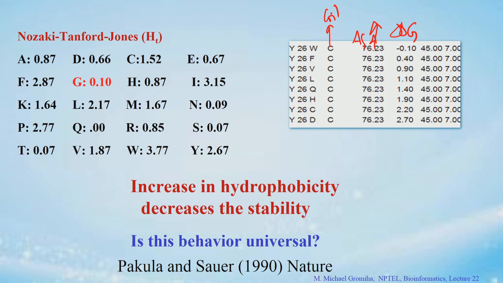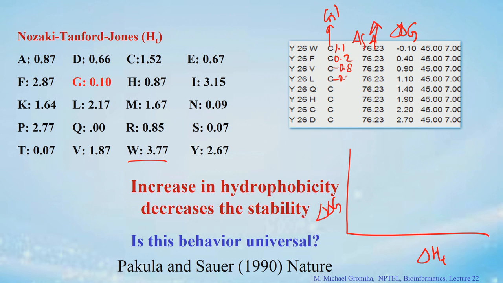and see whether you have any trend with the hydrophobicity. So, here you can make a graph with delta H and delta G. Let us calculate the values. Okay, so this is Y26W, what is the value? What is the value of W? 3.77, for Y 2.67. So, this is equal to 1.1, and the second one, phenylalanine. What is phenylalanine? 2.87 minus 2.67, this is 0.2, and